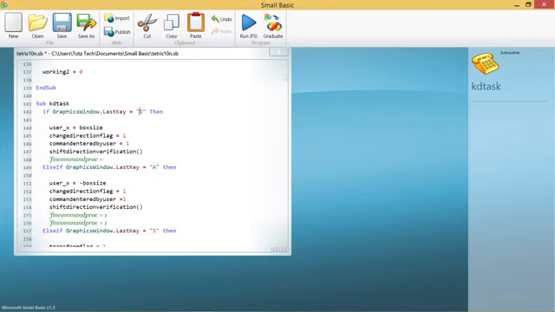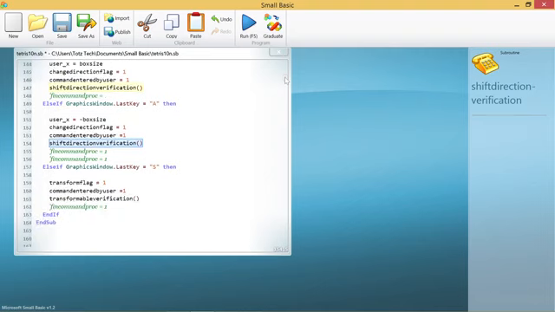If the user presses D, then the process will shift to the right. And if the user presses A, the action will be shift direction also, to the left.